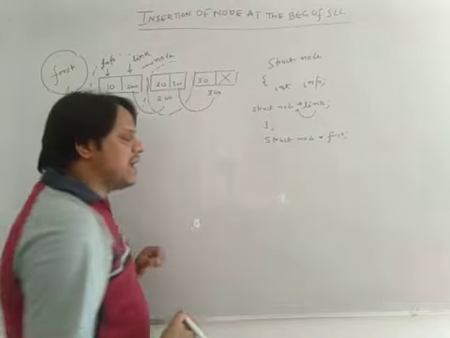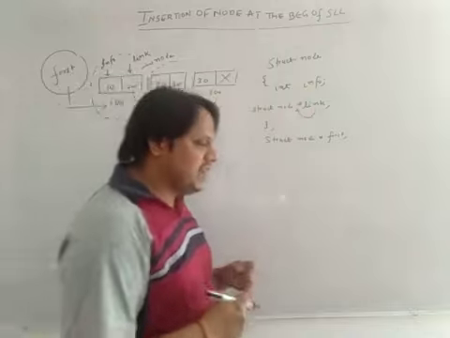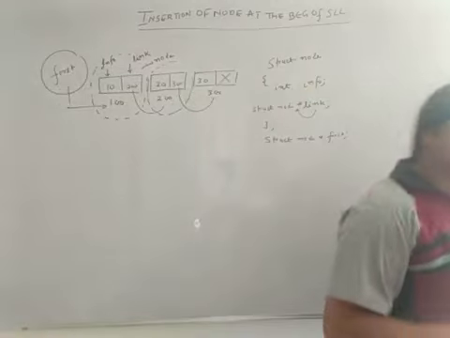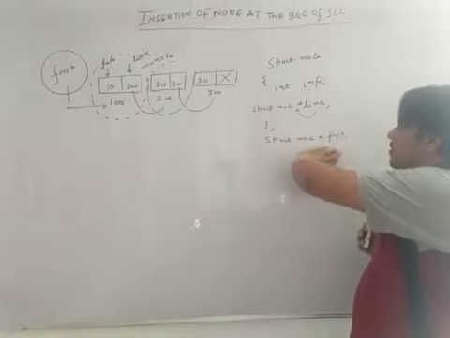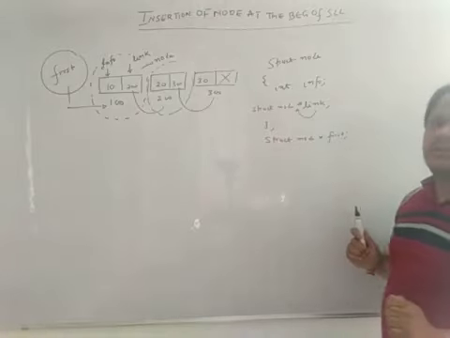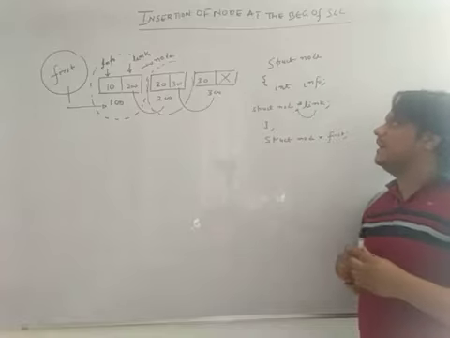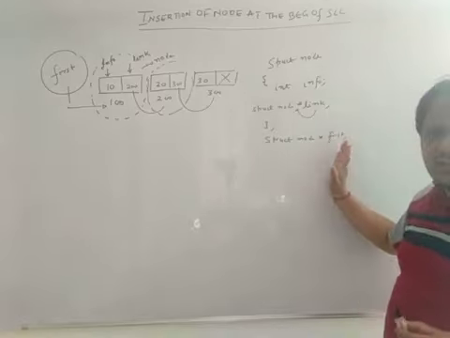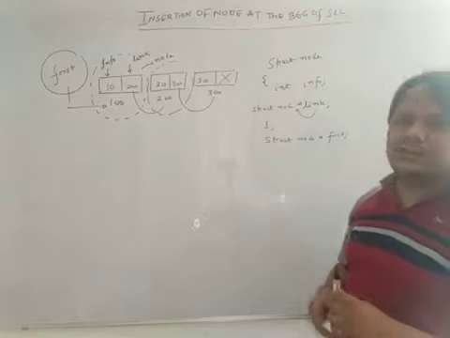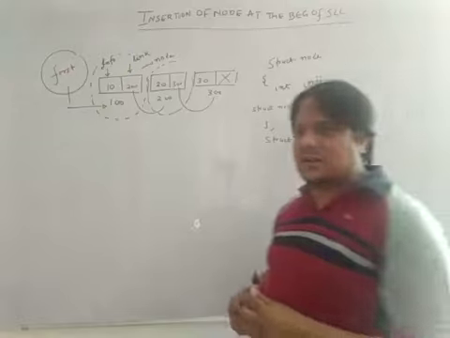Right guys? So I am again repeating, my structure is divided into two parts. First is info, which contains data. Second is the link pointer, which contains the address of the next node. And there is a first pointer, which is a variable of the structure. So this pointer will always point to the very first node of a linked list. In order to access info and link, you will have to use this variable first, because structure members you cannot access directly. They can only be accessed by using your structure variable.